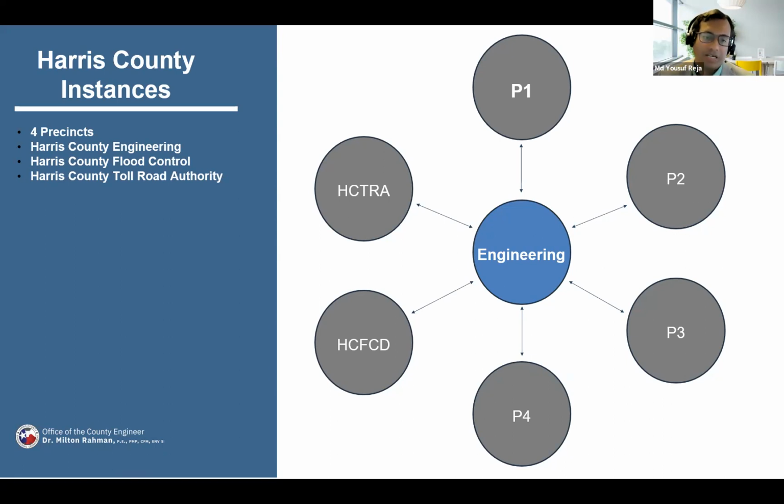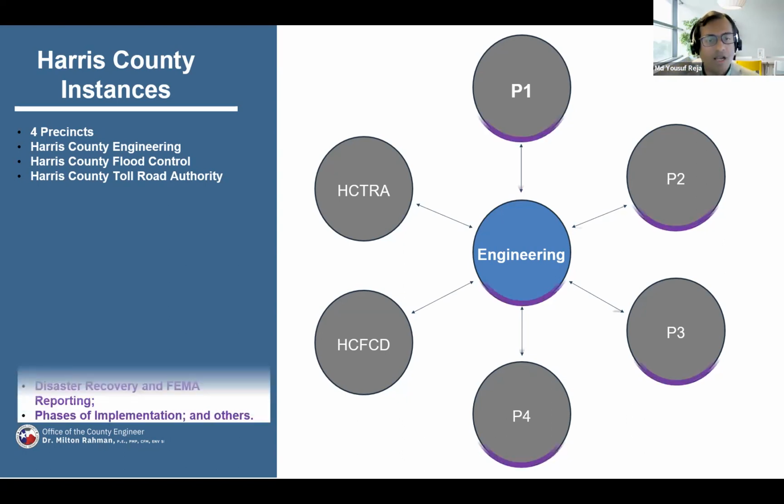Authority. As you can see from the diagram, engineering is going to be the central hub of all of the instances, because we're going to be the central hub of all the data, and the precincts are going to be maintaining those assets. So if we need to look for some of the asset conditioning, we can compile the data from all instances, and then engineering is going to produce the asset conditioning reports and whatnot. So that's the purpose, and that's the